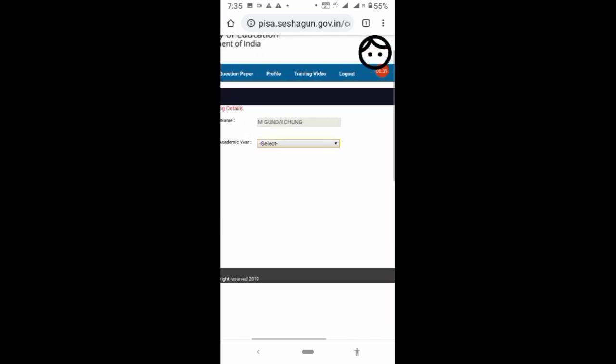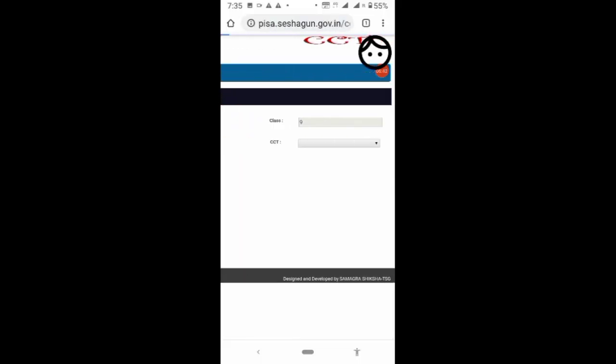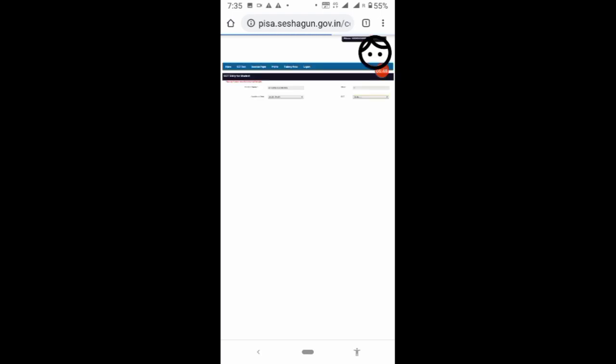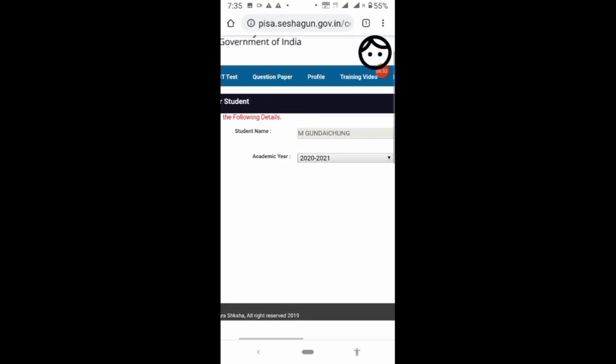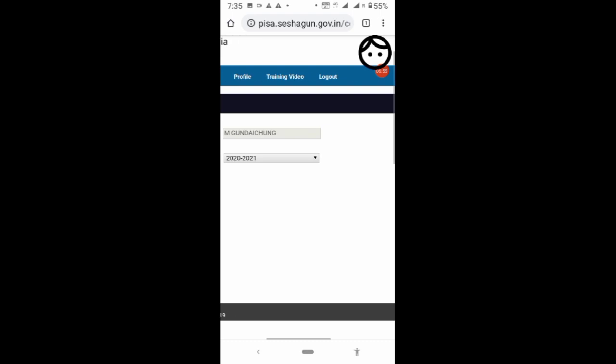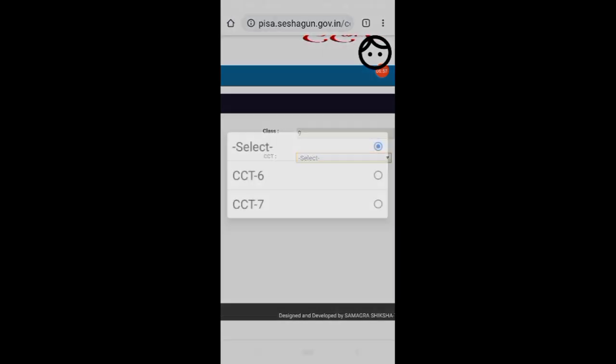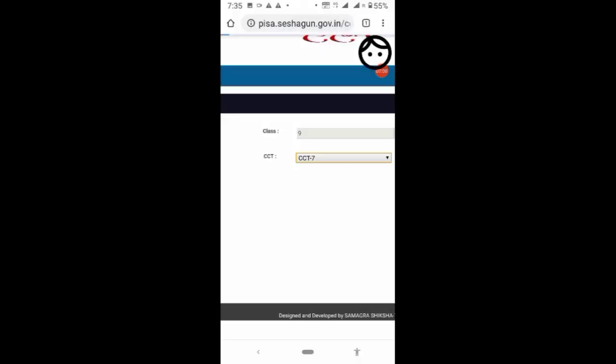So here you can see the name of the student is there, then class 9, academic year, we have to select academic year 2020-21. Then CCT, we have to select CCT 7. We have selected all the 4.